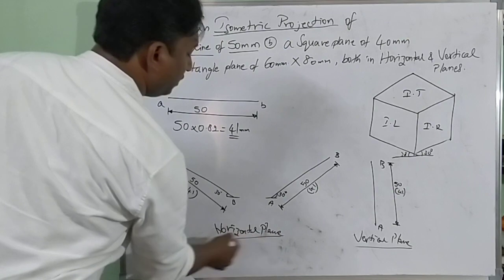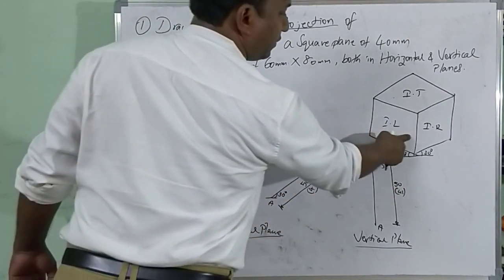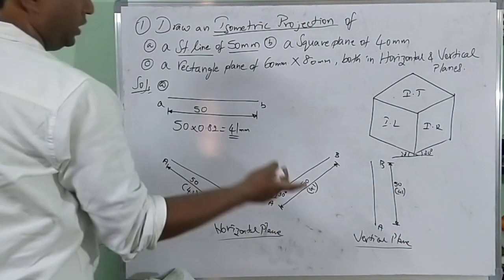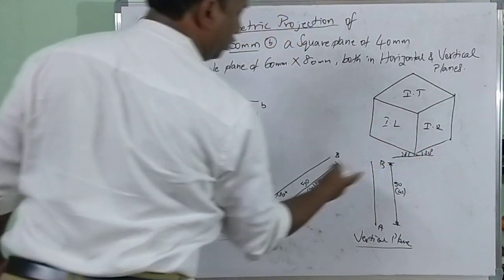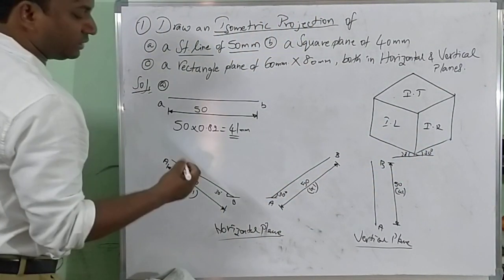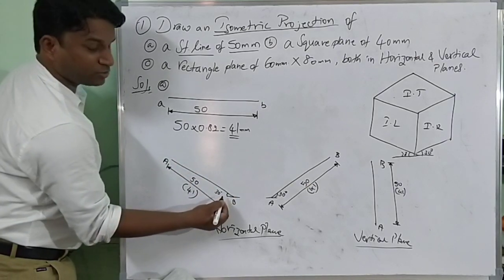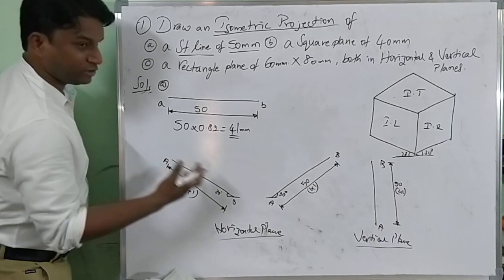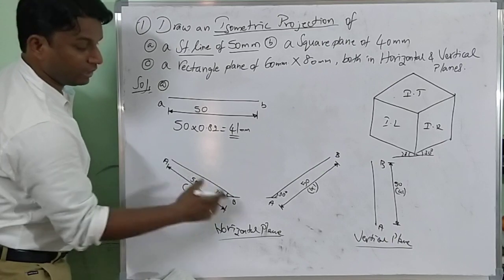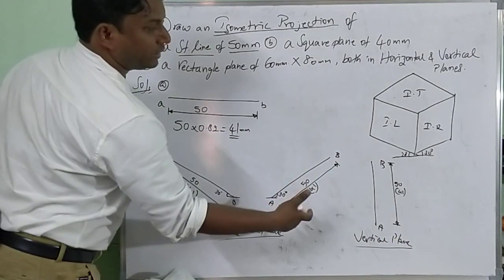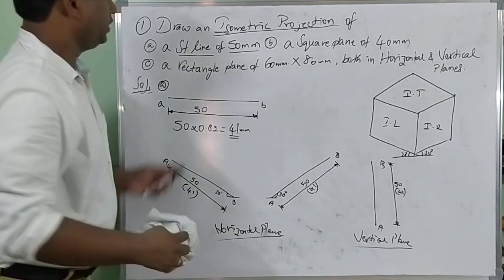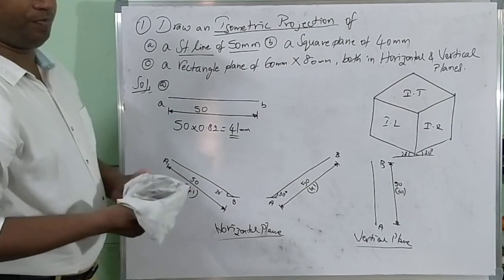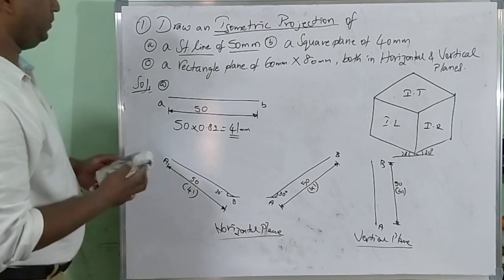If you take the line, this is a vertical line, this is a vertical line, all are vertical. If you take horizontal with respect to length, it is these two lines. Hope you all understand. Just simple. Take a reference point, draw a small reference line, use the protractor, ISO left side 30 degrees, AB, ISO right side 30 degrees, vertical straight line. That is about a straight line of 50 mm. Right? Next we will proceed to the square plane.